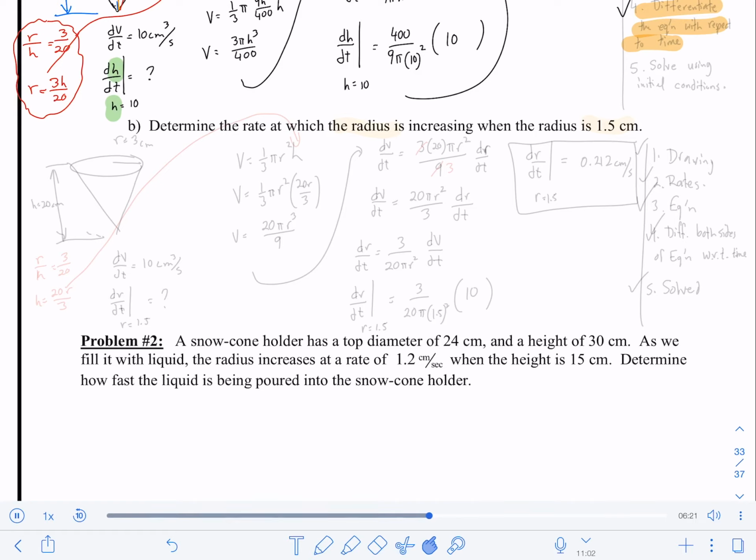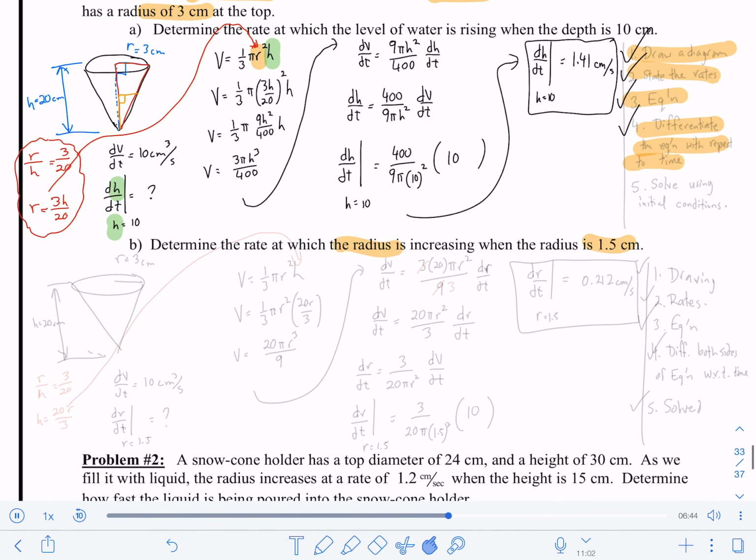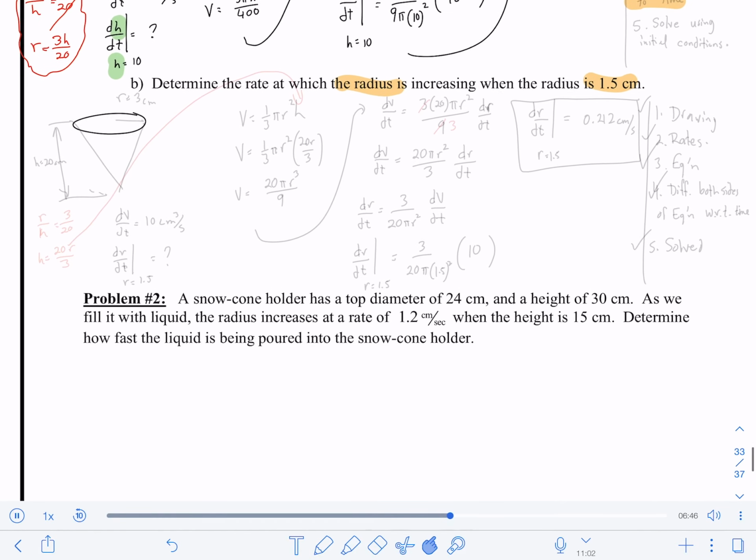Okay, now here's the second part. We're going to do the same problem again, at least using the same cone. But what we're going to do is figure out the rate at which the radius is increasing when the radius is 1.5 centimeters. So I think what you'll notice is that this is now going to be an R problem, not an H problem. So same cone,